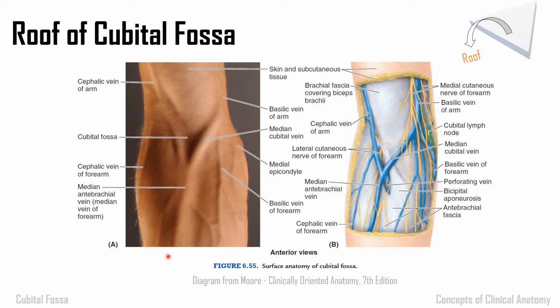First, in the roof, okay, so this is a cubital fossa. In the roof, from superficial to deep, what are the structures we are having? We will be having the skin, superficial fascia containing certain structures that we'll see. Then there will be deep fascia. Okay, so in the superficial fascia, we'll be having usually the adipose tissue. Apart from that, in this region, there will be superficial veins and cutaneous nerves and two superficial veins, the long veins in the upper limb